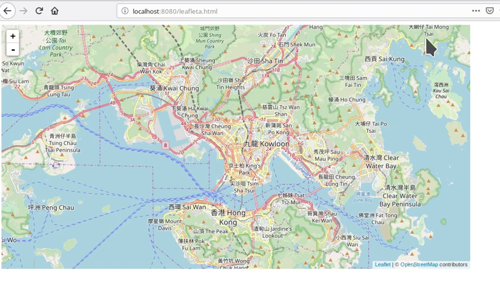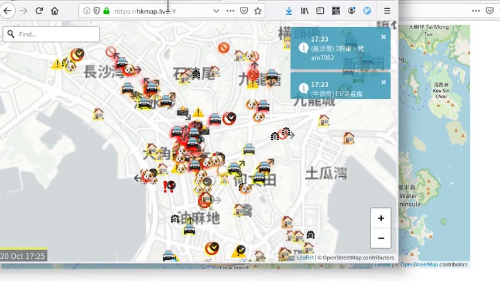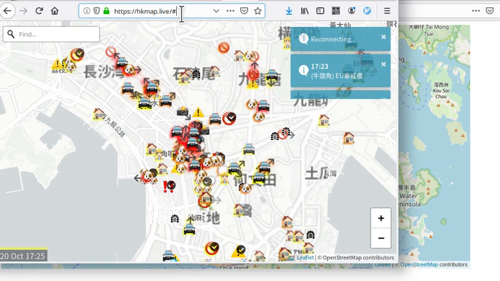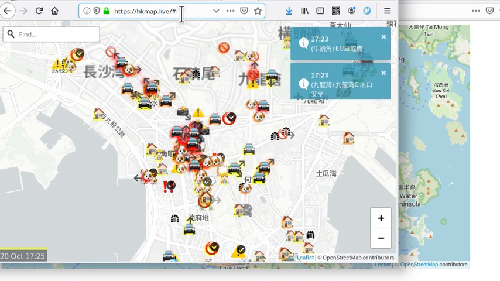So people, this is popo. This is hkmap.live. It's a real-time map, and it has far more functions compared to our simple demonstration, our simple tutorial. But our tutorial can serve as a technical demonstration of how you can finish such things, and how you can make your